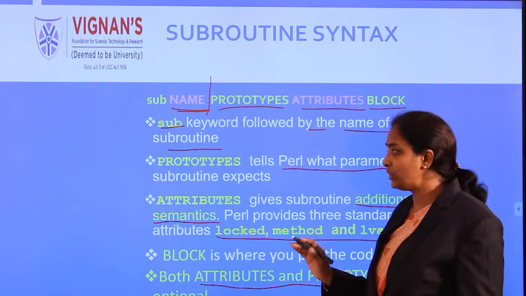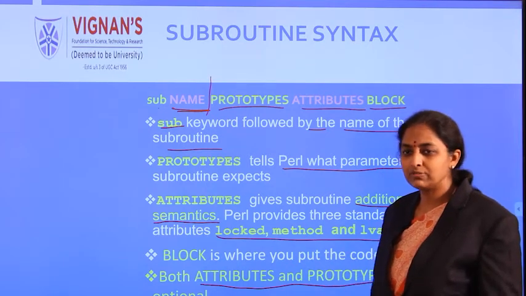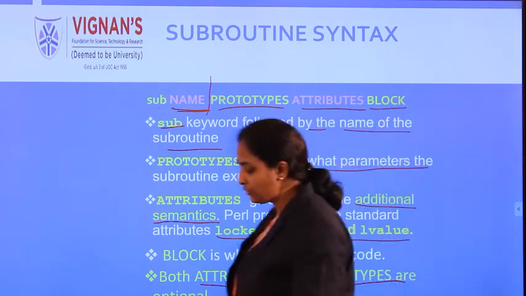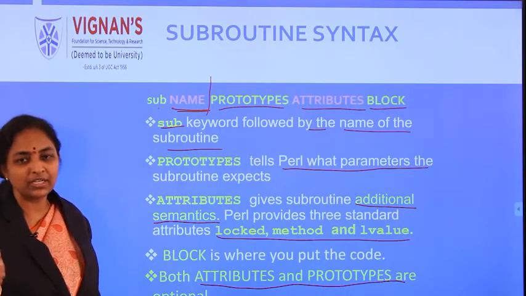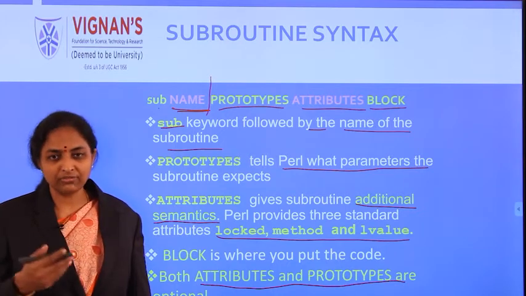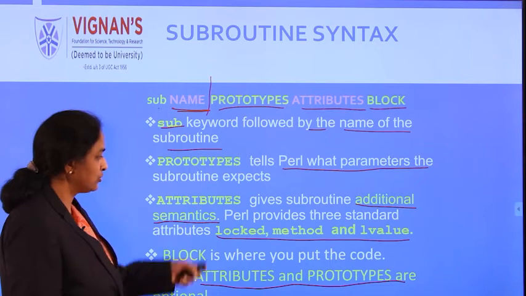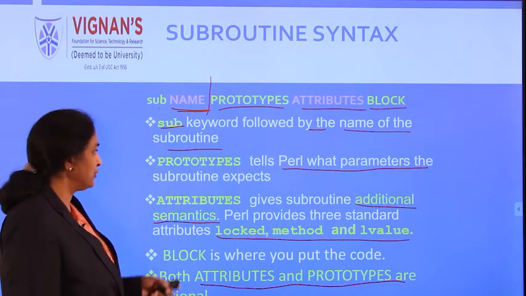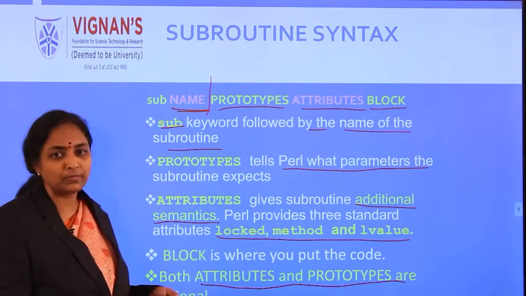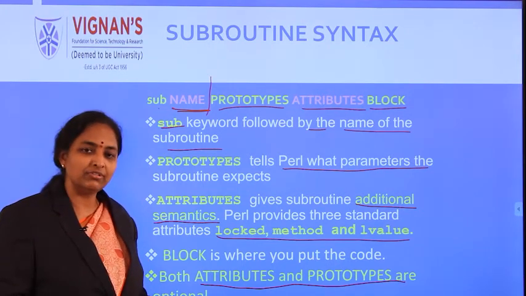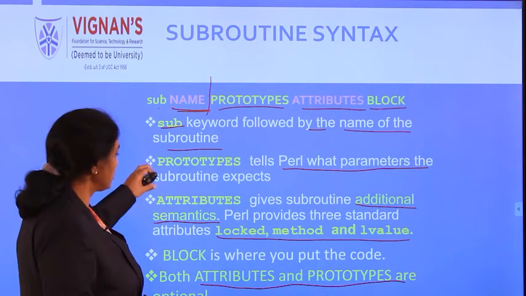When they are using Perl in an industry environment, for office maintenance, there they want to do multiple tasks. In such a case, each task they will maintain as a thread. All those threads will be called as parameters into the function. Then they are going to use these attributes. In the same way, if they are passing so many additional parameters, in such a case they will use the prototypes. So in our course we are not going with the prototypes and attributes.